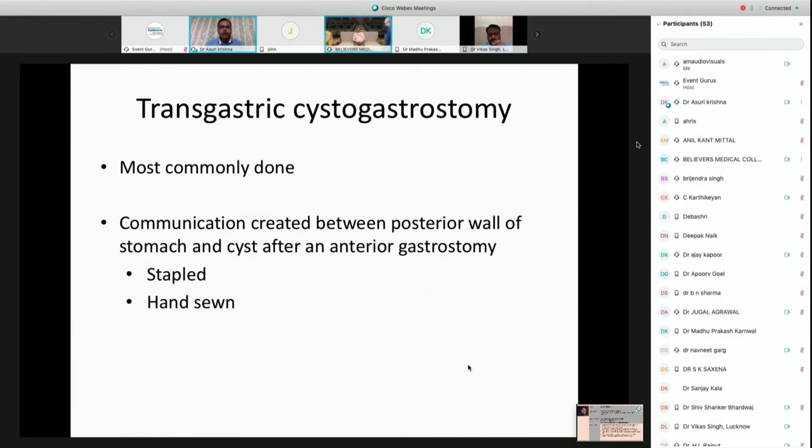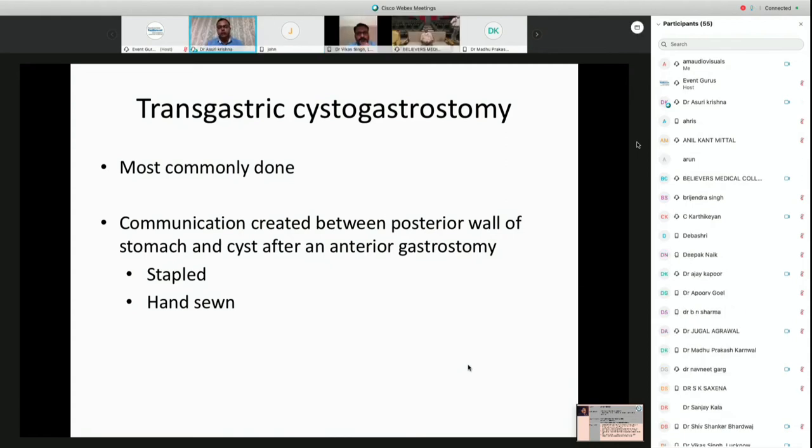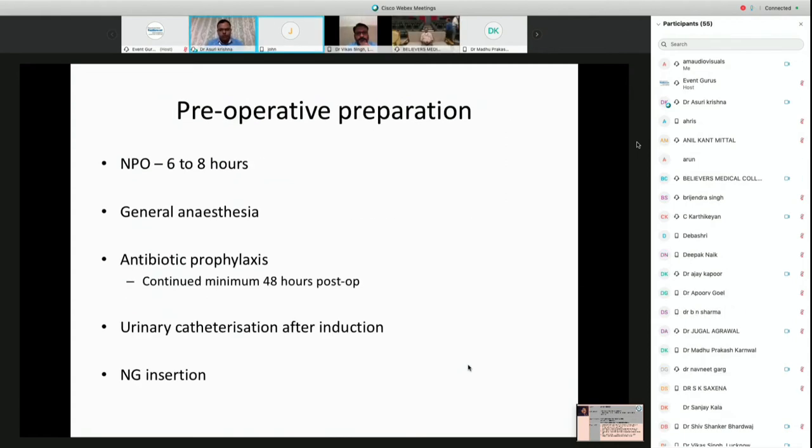Now, the important requisite for doing a cystogastrostomy is you need to have a cyst which is in close relationship with the posterior wall of the stomach, with good contact. And preferably on upper GI endoscopy, you should be able to see a bulge in the posterior wall of the stomach. Now, coming to the preoperative preparation, usually these patients need to be kept NPO and the procedure is